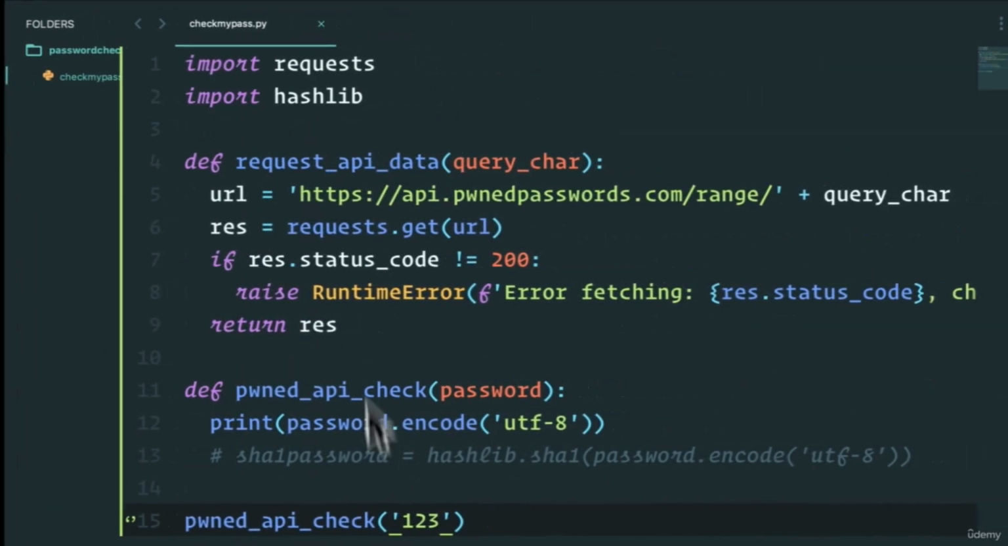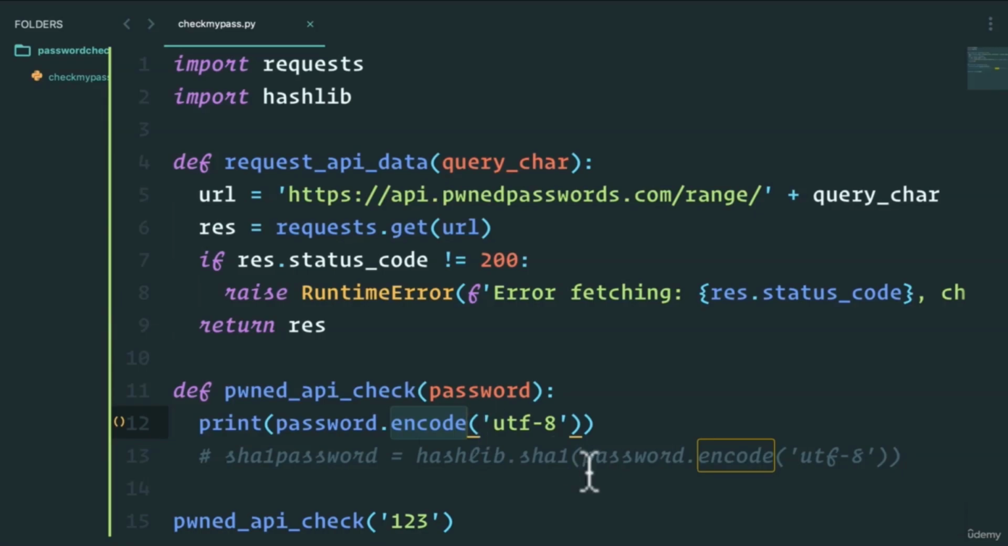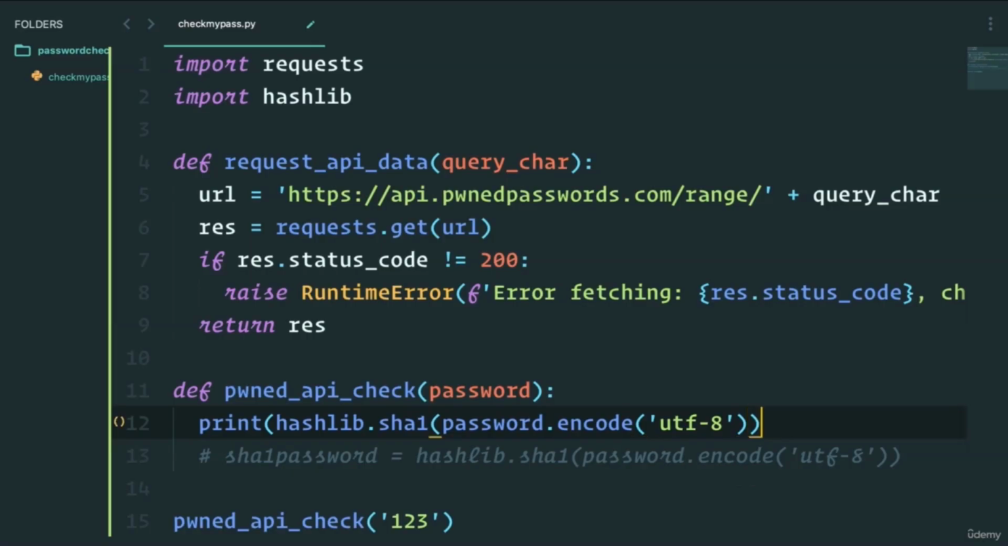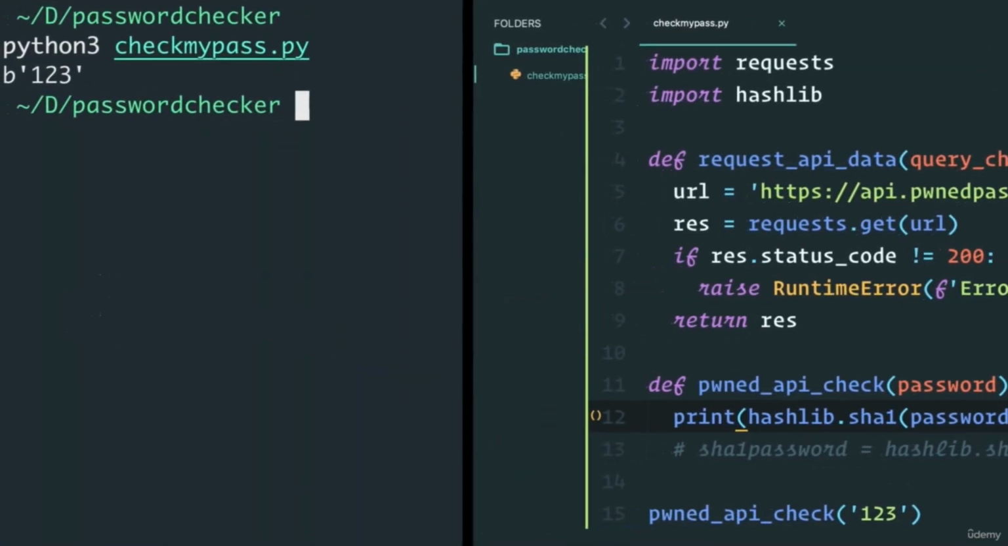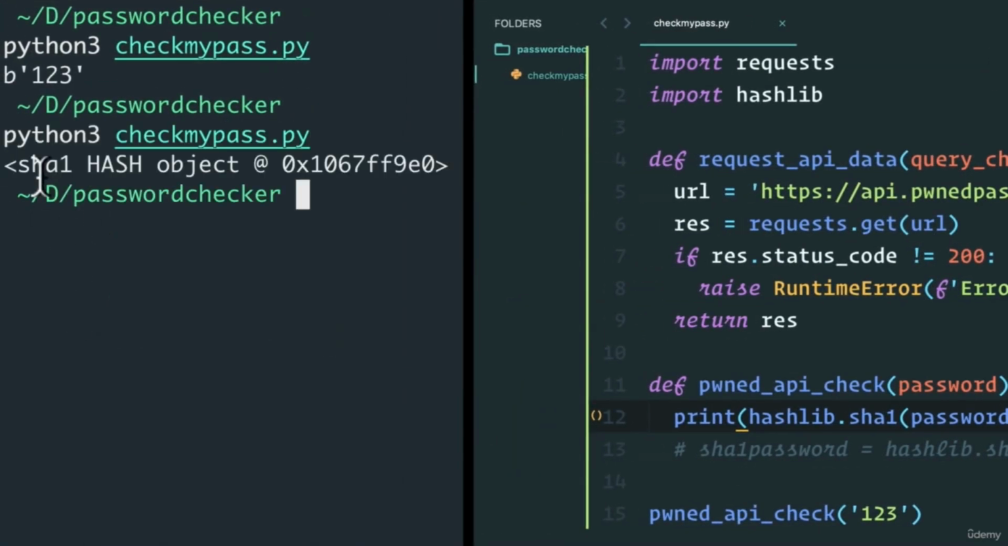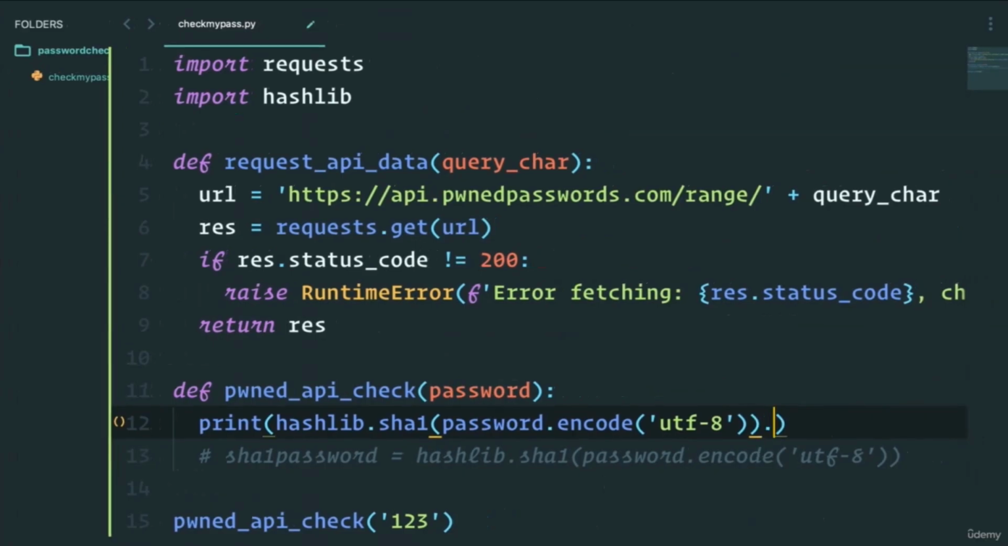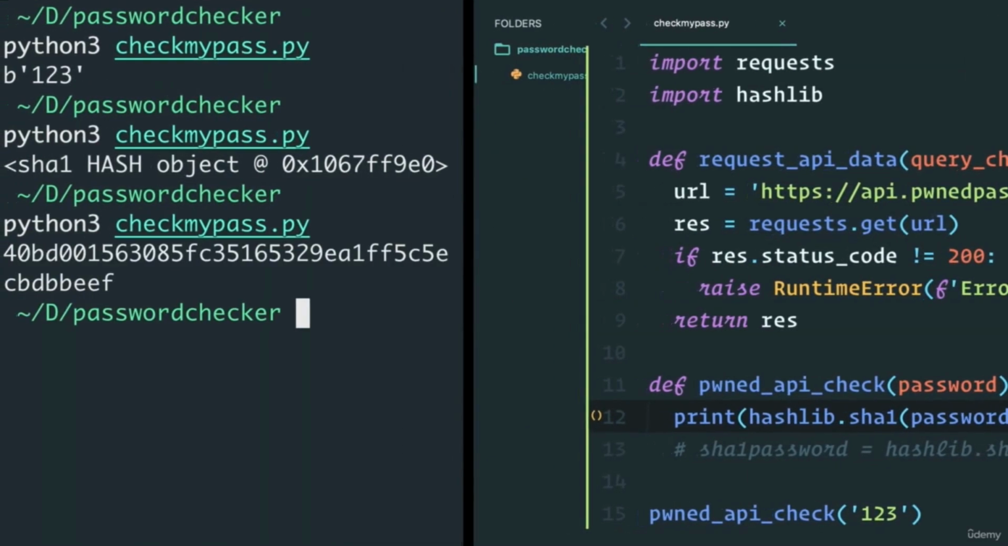I'll actually show you what happens when we remove the encode after this. Next, when we use the hashlib SHA-1, let me just copy this. If I just run this, I get a SHA-1 hash object. Now, after this, we can call .hexdigest, like so. And if I run this,